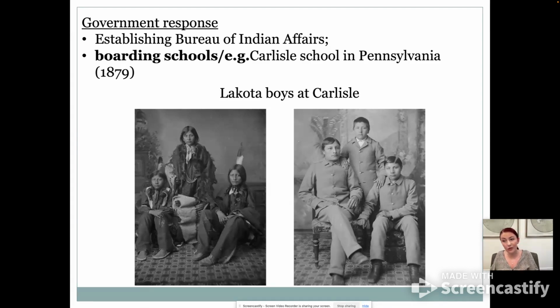And then you can look to the right, and these are the same boys after they had been put in the so-called Carlisle boarding school in the state of Pennsylvania, right? So on the left, this is how the boys looked upon their arrival, and to the right, this is how the boys looked after they had spent some months at the Carlisle school in Pennsylvania. So we want